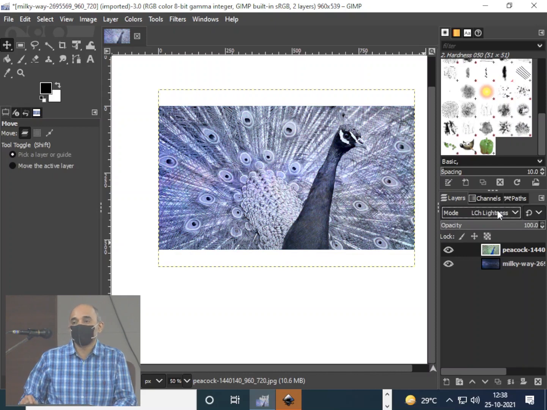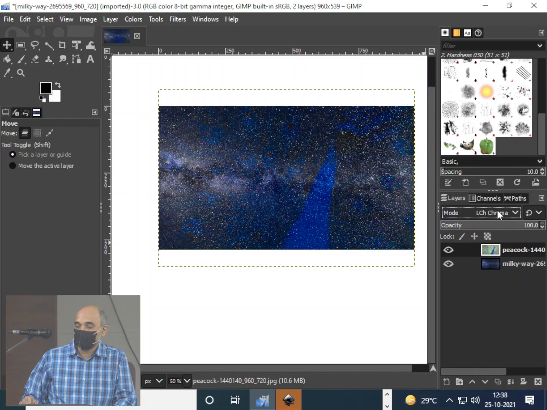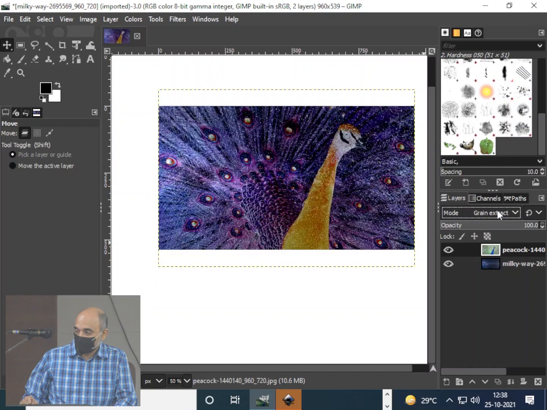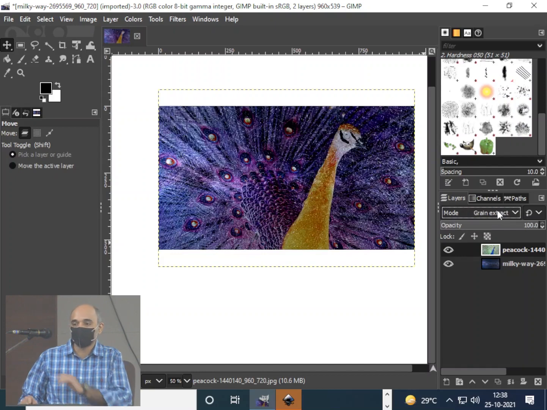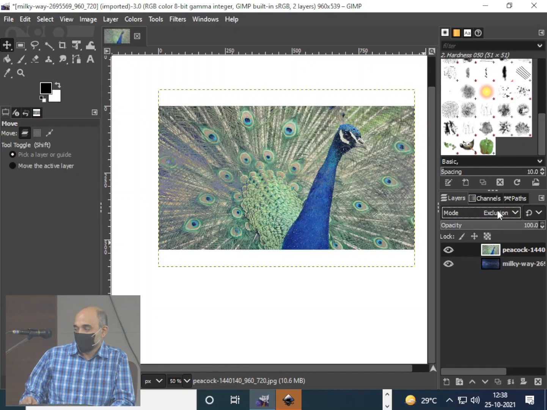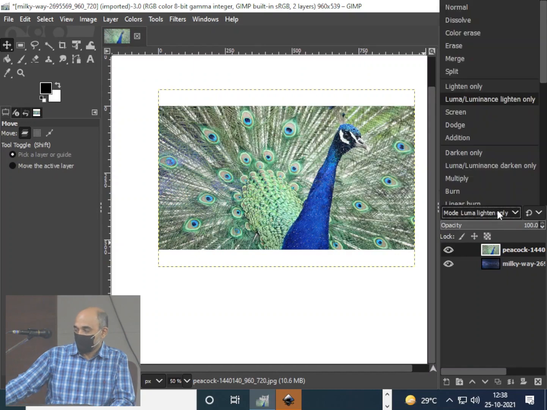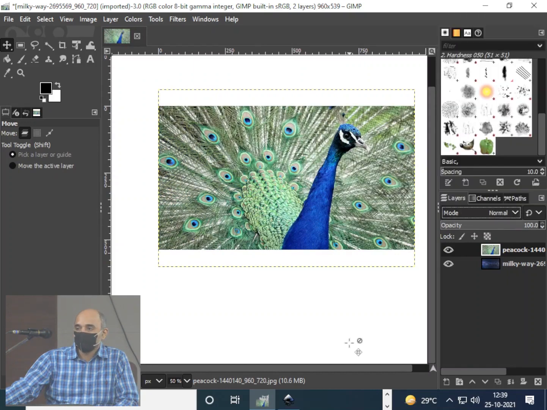Select the top layer, because the top layer, when you change the mode, it will blend with the lower layer. Okay, each one of these here is one mathematical operation. Each of these is actually a function that is called, it's all mathematical. I am not going to go into details of it, I can share a link with you that gives you the details of every one of these, the formula basically. Try it out. Okay, all have tried all the modes.